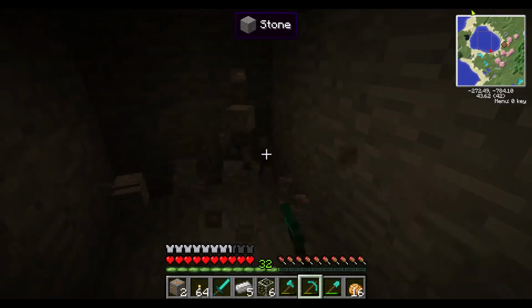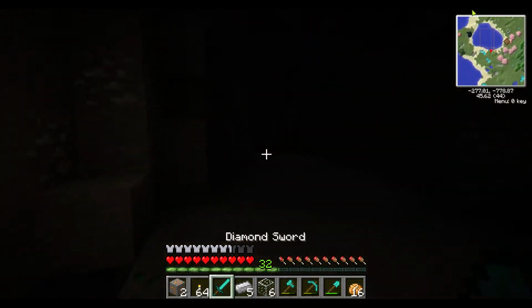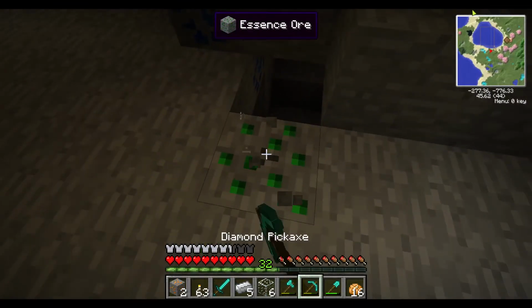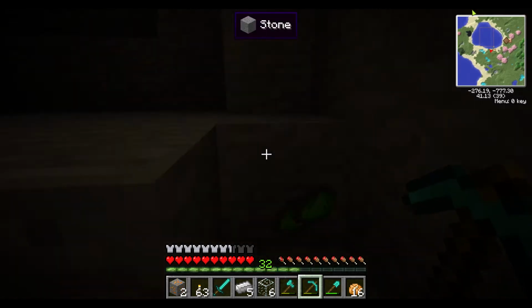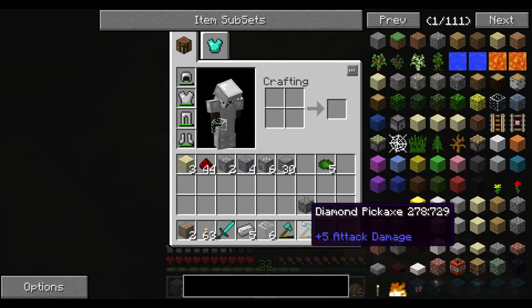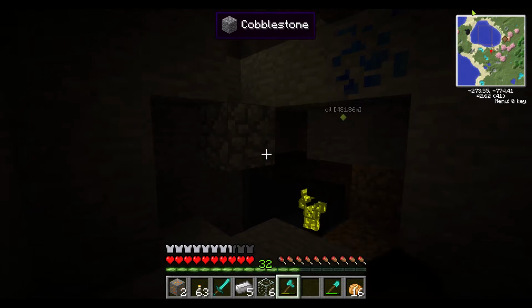What else do we need to do? Gotta set up the heat generator for our mechanism stuff. Oh, essence stuff. Oh man. Essence ore will lead us into the magic seeds mod, which I like. What the magic seeds mod does is just adds a bunch of growable